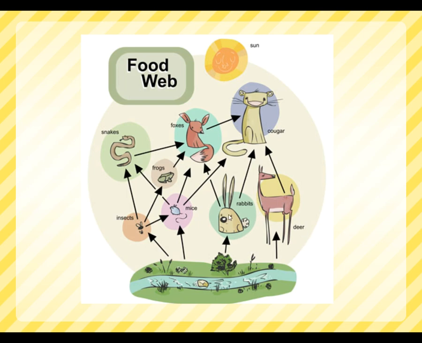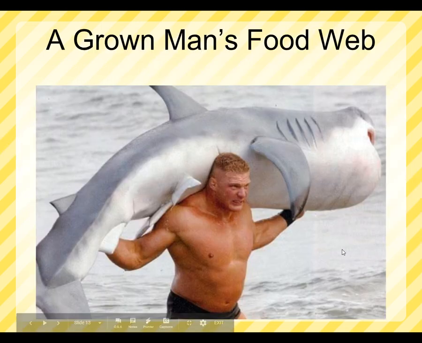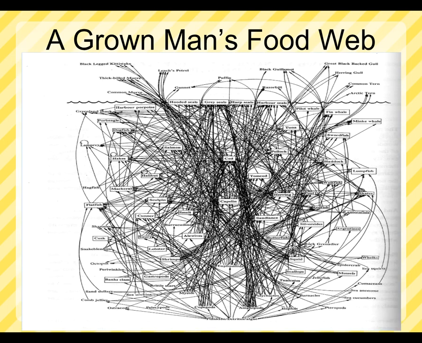Do you think that a rabbit only has to look out for a cougar and a fox? No, it has to look out for a bunch of other organisms. So this food chain is child's play. A grown man's food chain looks like this, or a grown woman's food chain looks like this. This is a legit food web. I mean, I said food chain, food web. So